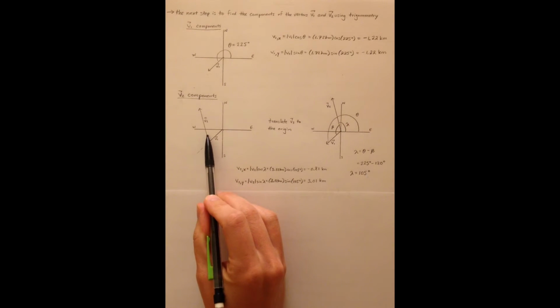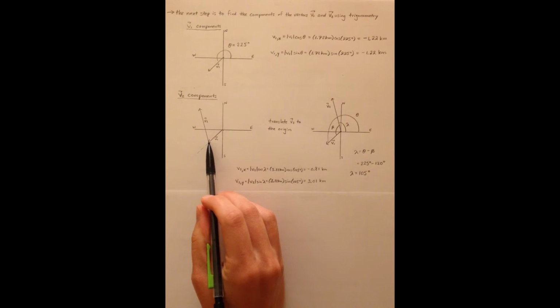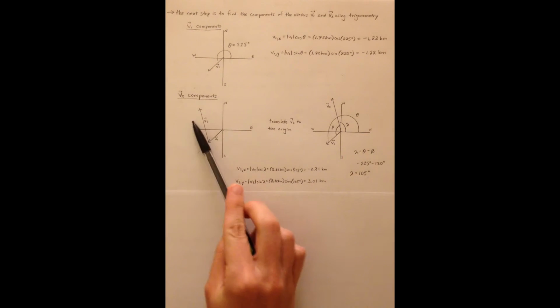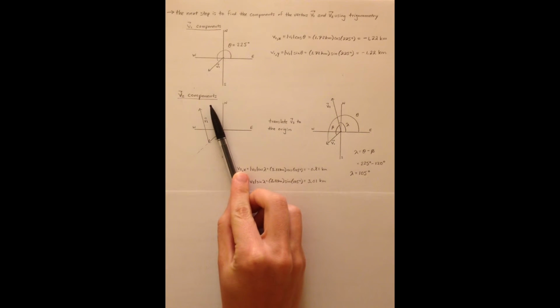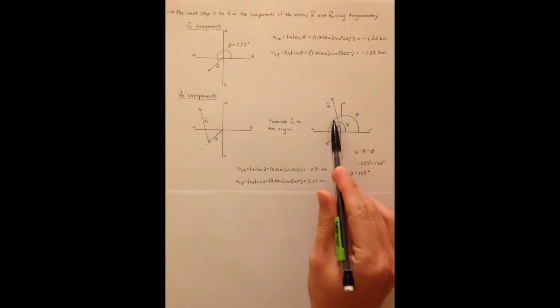To find the components of the vector v2, we first need to find its standard angle. To help us in doing this, we will take this vector and translate it so that it's at the origin, as shown in this picture here. Now, in this picture, we know that this angle theta,